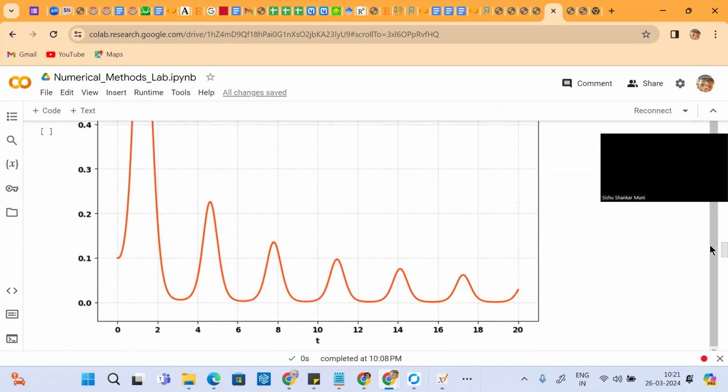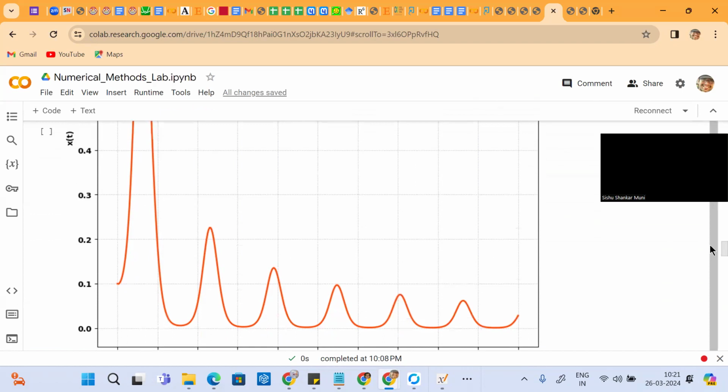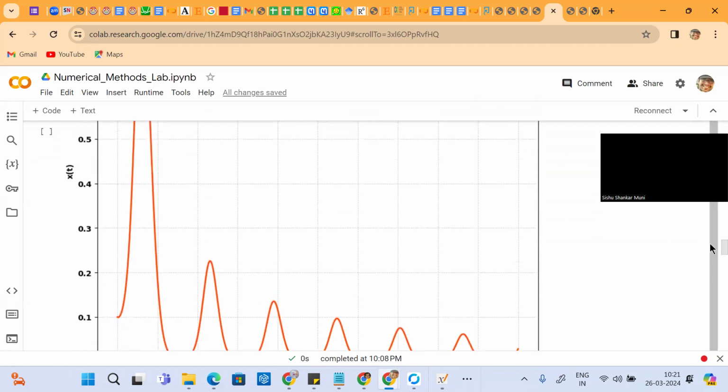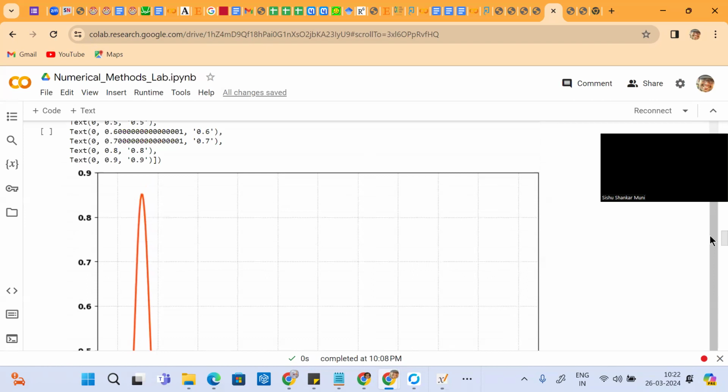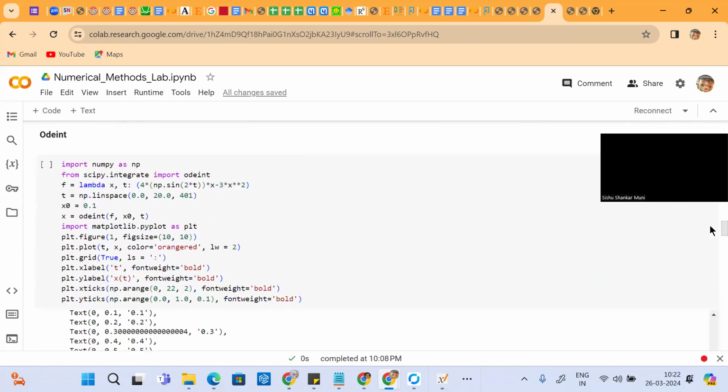Okay. So can you see this plot? Yes. So this is the output of that function which you are seeing here. If you wish, you can solve it analytically. But this is a complicated differential equation, so you can solve it numerically using Python, and you can also see how it looks. So this is one of the odeint functions you can easily use. Nothing you have to do. Just use odeint, give the function, give the initial condition, give the time span over which